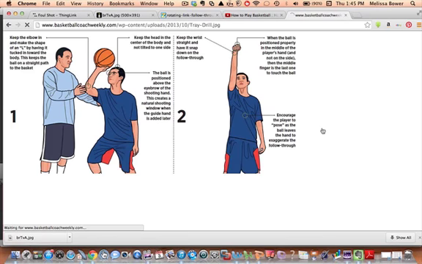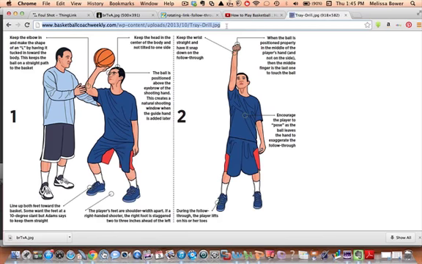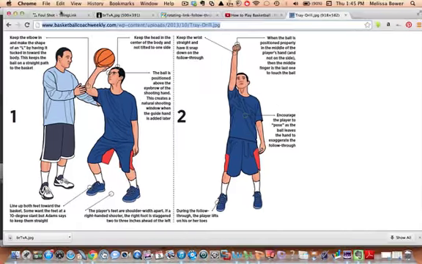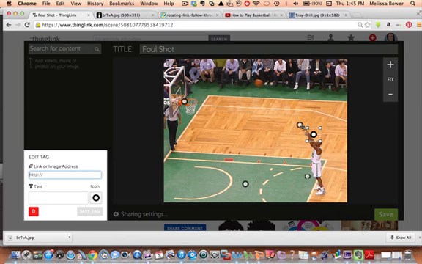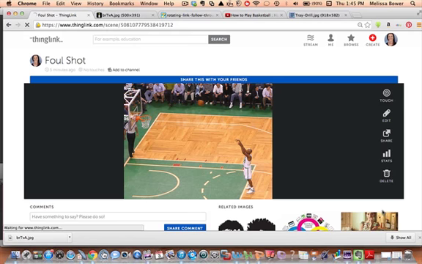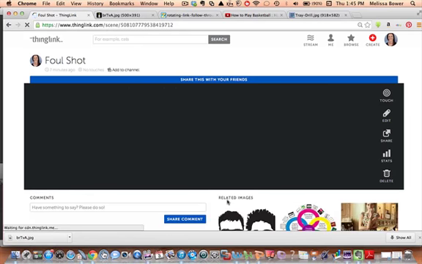So I'm going to go view image. I'm going to copy the URL. I'm going to go back to my Thinglink, and I'm just going to paste that in there and say save. Okay, so I should have, when I scroll over my photo, I should have